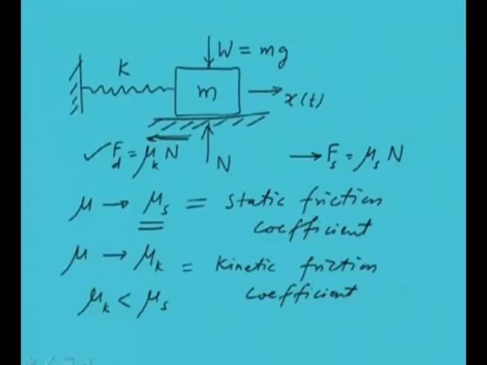So once that particular force and the damping force is more than the inertia of the mass, again this mass will try to go from left to right side, and the sign of the friction force will change, and this motion will continue